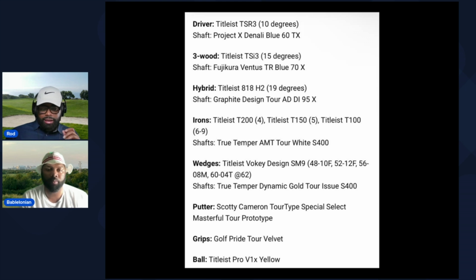So he's got the Titleist T200 for the long iron, the 4 iron, a little bit of help in there. Titleist T150, which is a little bit jacked in loft, very similar to the T100 but with stronger loft, in the 5 iron only, and then T100 in the 6 through 9 with the True Temper AMT Tour White